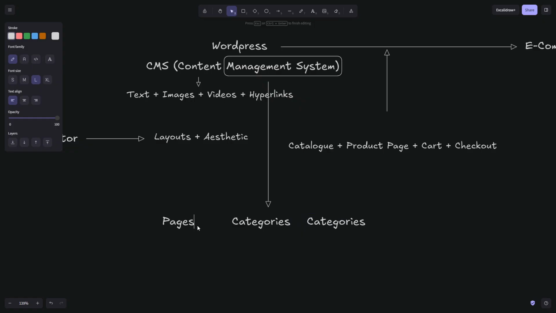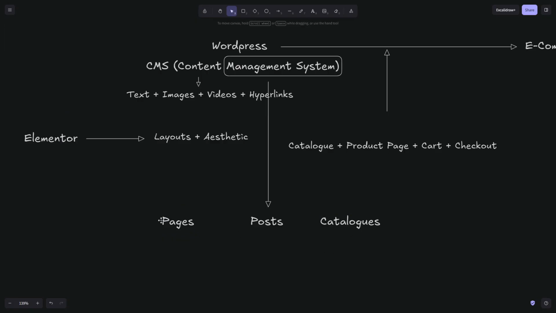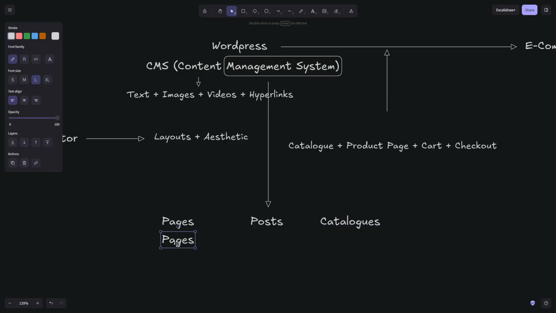You have pages, you have posts, and then if you add WooCommerce, that gives you catalogs. So you can think of the pages as static pages where the information is not changing very often, but it can be made dynamic by using short codes,